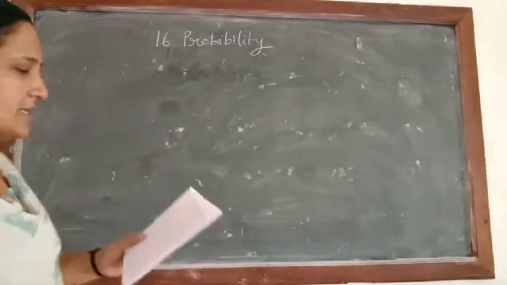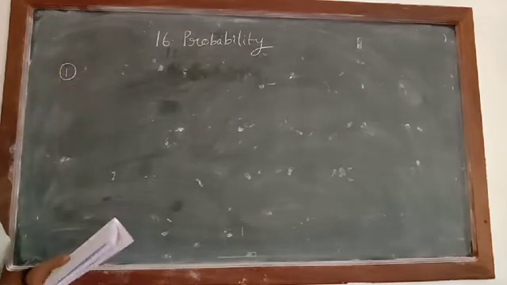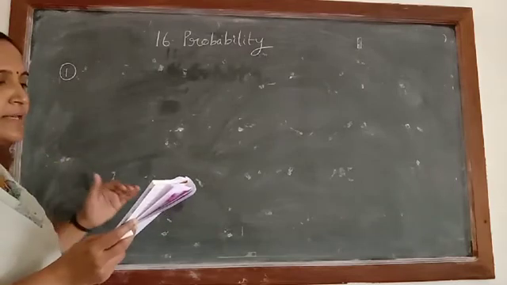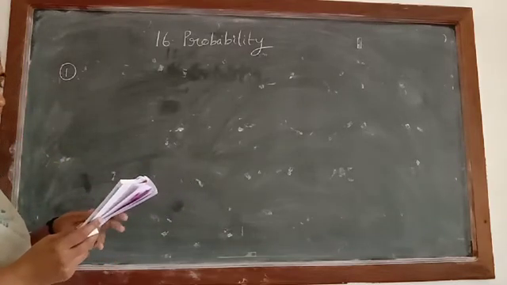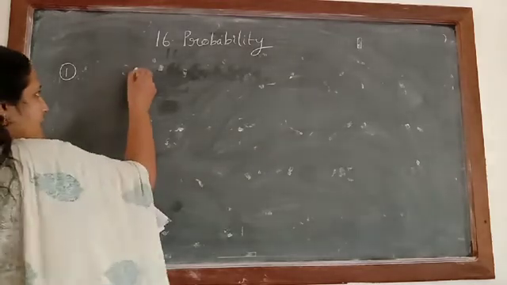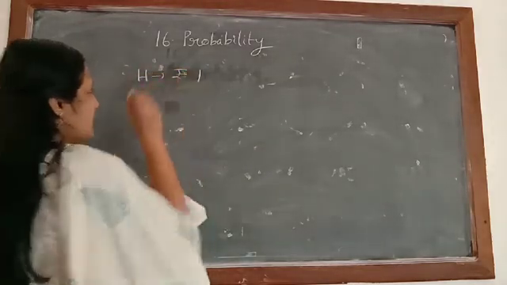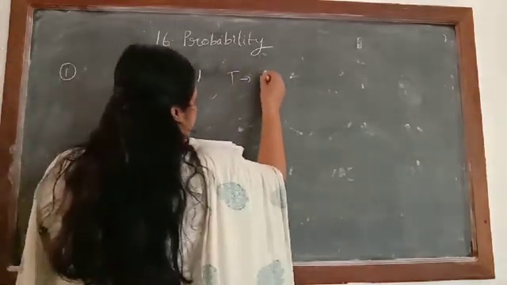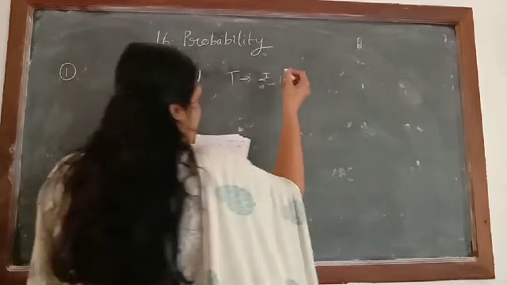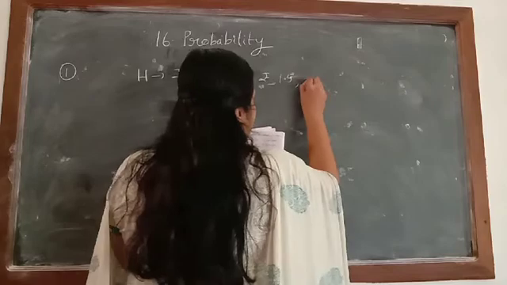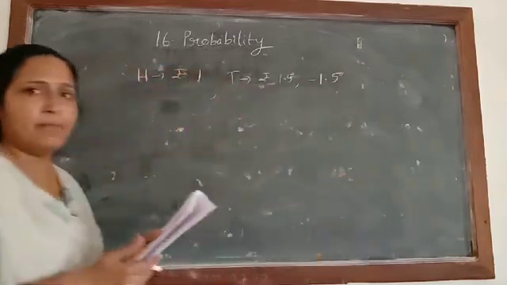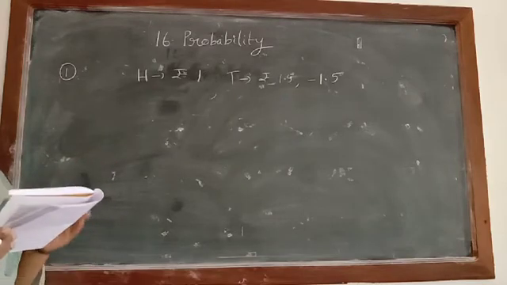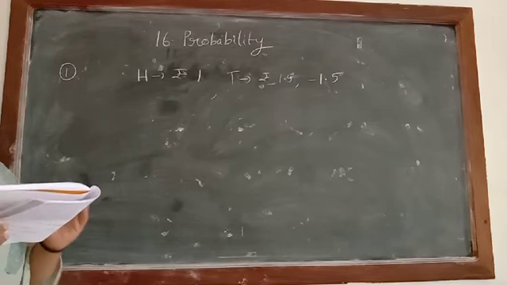Okay, so the first question. As the questions are already with you, I am just going to write down the sample space for the given event. A fair coin is tossed 4 times and a person wins ₹1 for each head, and for each tail he loses ₹1.5. Loses ₹1.5 means what can we write there? For each tail the prize money will be equal to -1.5.